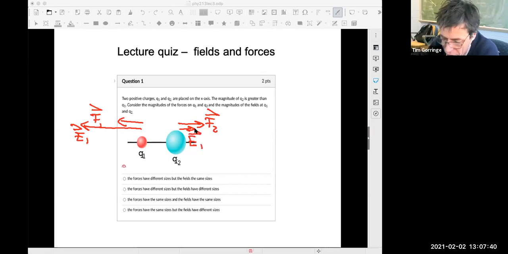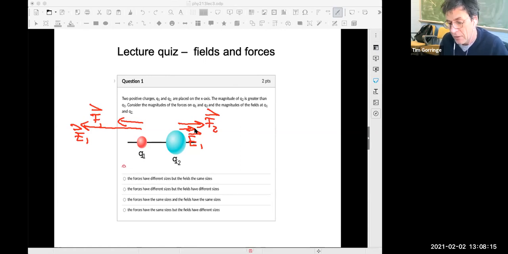And so the fields are not the same. Now, the bigger charge is sitting in a smaller field. The product of the charge and field makes the same force as the smaller charge sitting in the bigger field. So you get the same forces on the two charges, but you get different fields at the locations of the two charges. It's the same situation as if you imagine the force between you and the Earth, gravitational force between